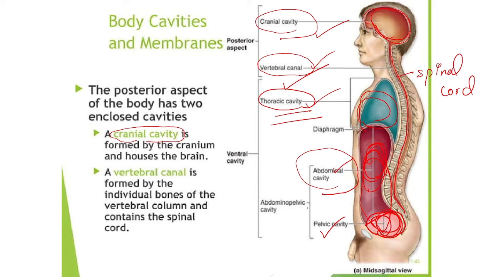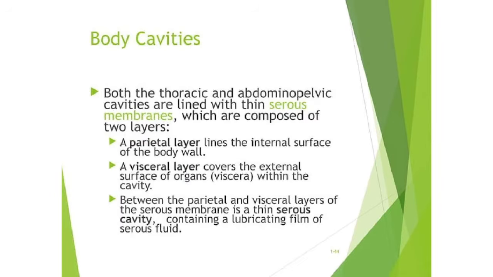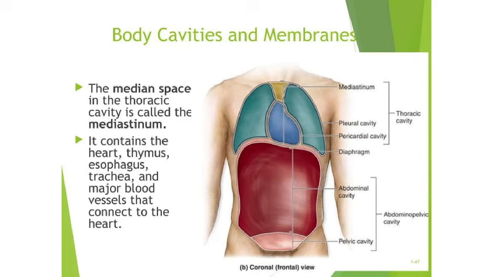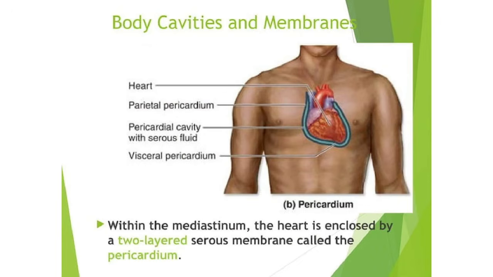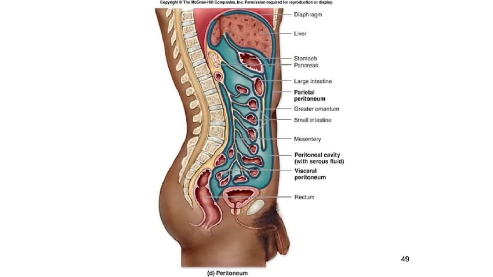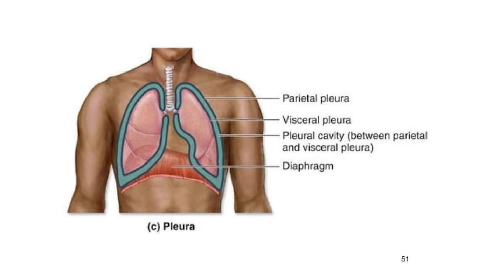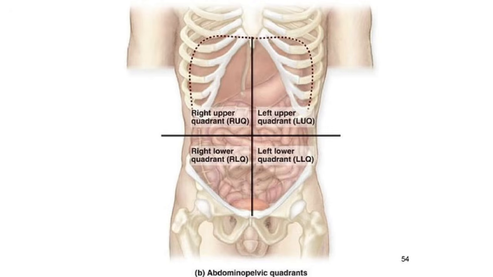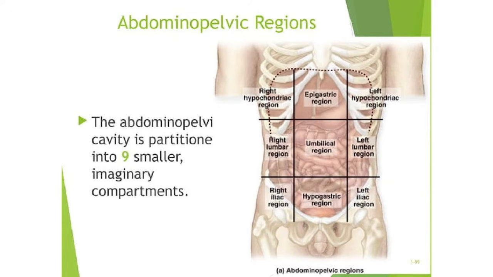Okay, these are the different cavities in our body. Each and everything we will study later. Each cavity is covered with different membranes. If I explain that now, you will not understand. While you are studying each and every system, we will explain it in detail. For now, just understand the cavities as an outline. Later we will study them.